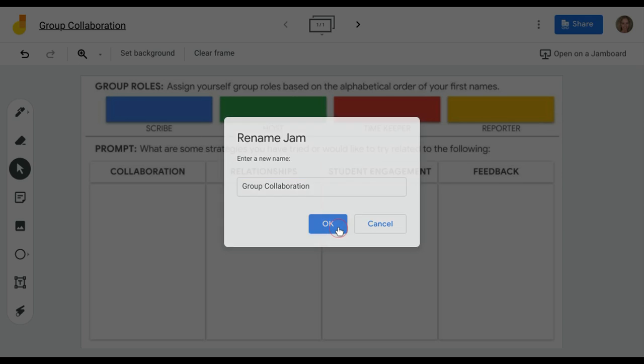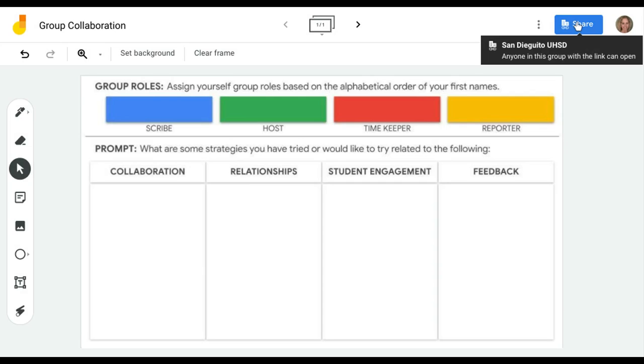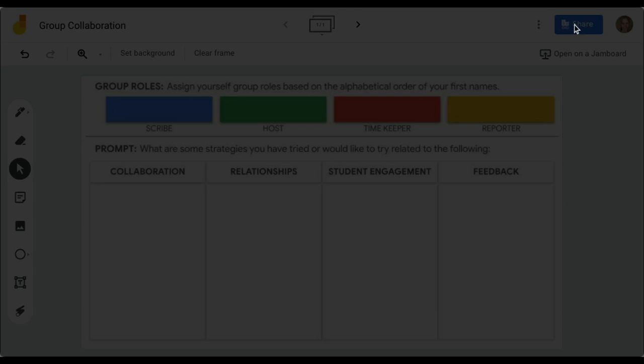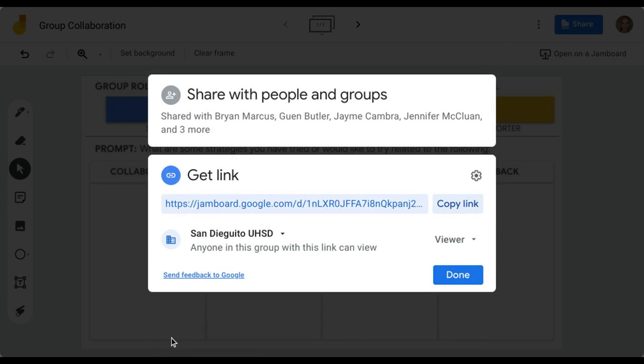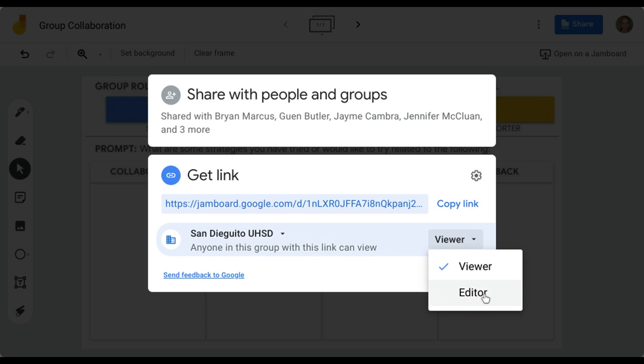Click OK. And then when you go to share it, I'm going to use the button in the upper right-hand corner to share. And you can share it with specific individuals. Right now, notice that anyone in San Diego can view. We need to change this. So down here, again, you can identify specific groups of people, or you can just make it open for anyone who has the link. But you do need to make sure that you change it over here from viewer to